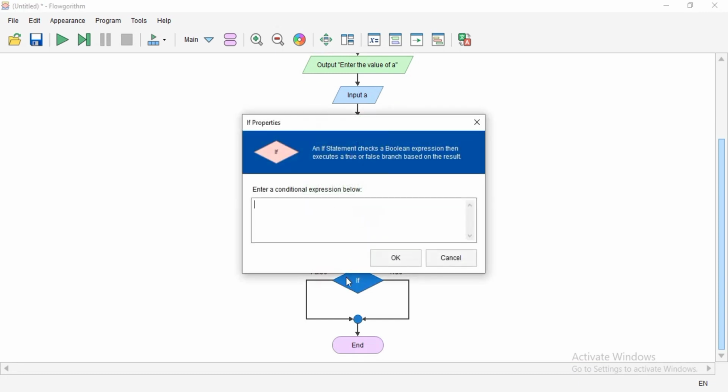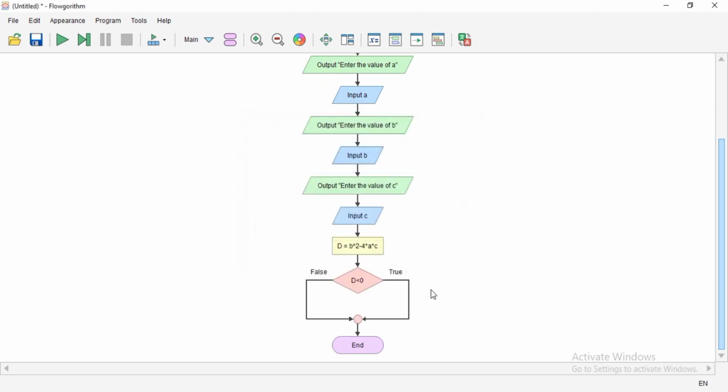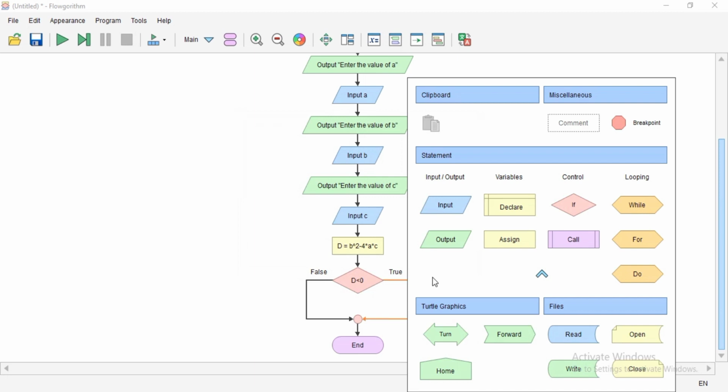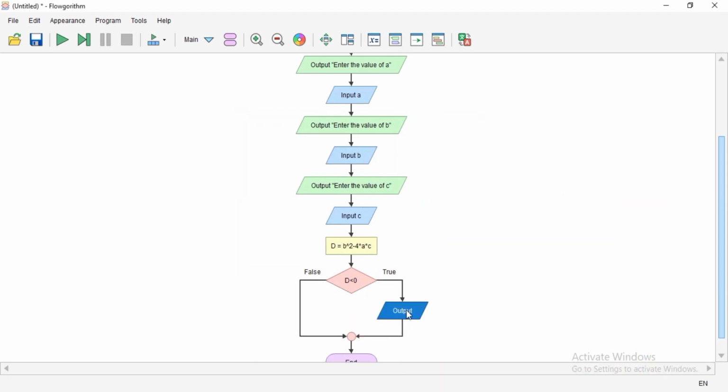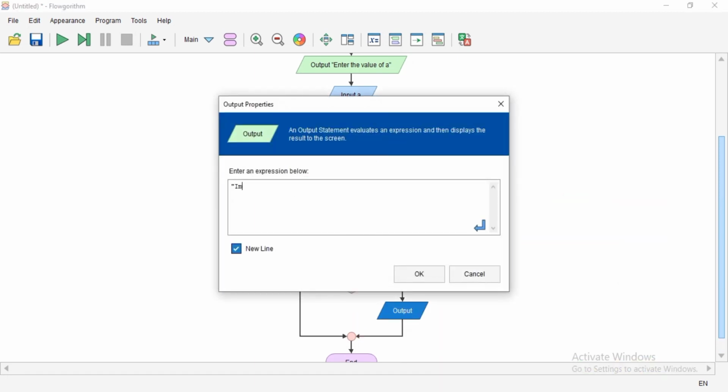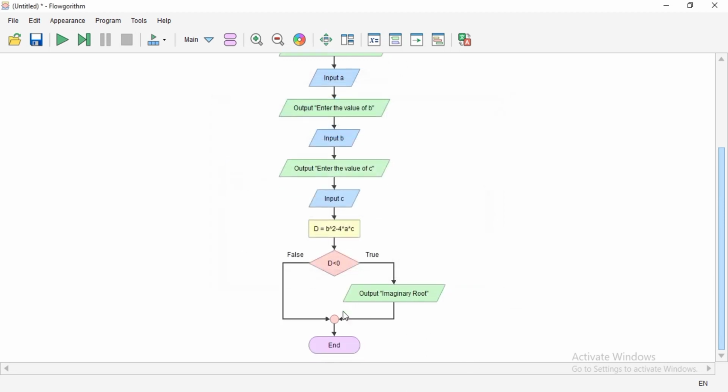Double click, determinant less than 0. If the determinant is less than 0, the output is imaginary root. But if it is not less than 0, or false,